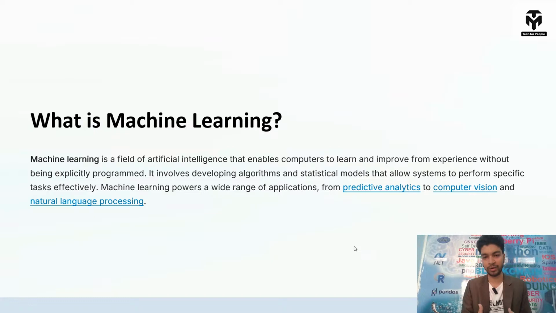We can do predictions out of it, and we can deploy the application. A lot more things can be done, but basically, without being programmed, it learns based on statistical algorithms. I will teach you what it is all about in the coding session. It involves developing algorithms and statistical models that allow a system to perform specific tasks effectively. So the backbone of machine learning is completely statistics. The statistics which we used to learn during our PUC or high school time is now being inculcated in machine learning, and machine learning learns from data through these algorithms, where statistics is the backbone.